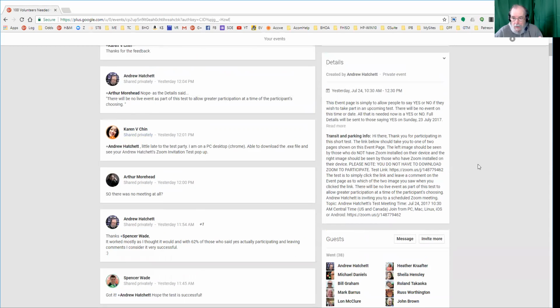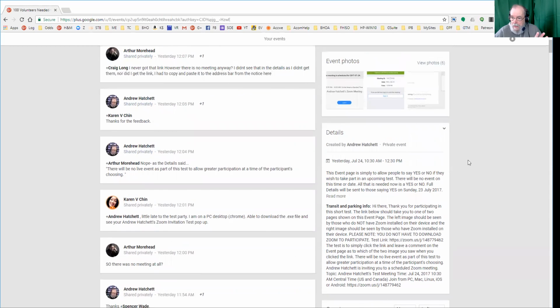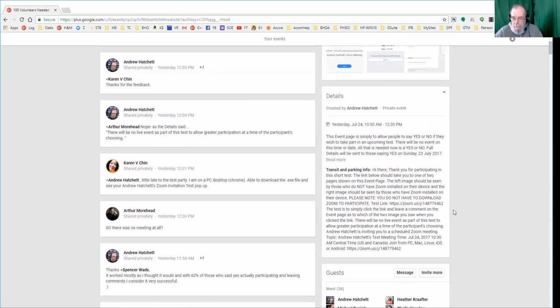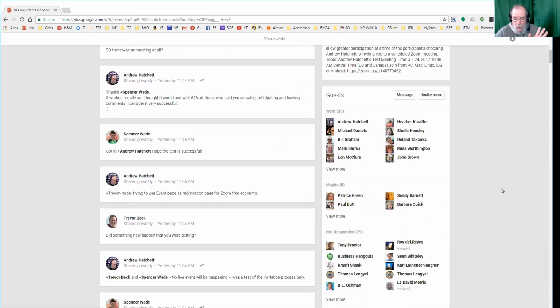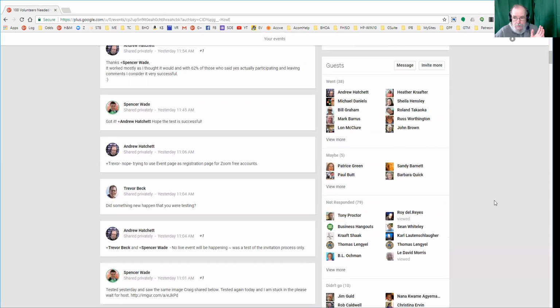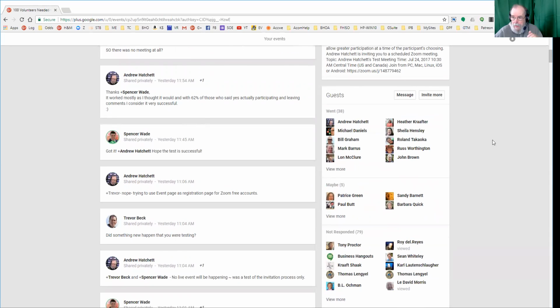The problem is, if you want to keep this any type of private, then you're going to have to be sure to invite to this event only those you want to come, and then hope that they don't share this out with anybody else. But those are the pros and the cons at the top level that all this testing revealed. If anybody's got any questions about it, I'll be more than happy to answer them.